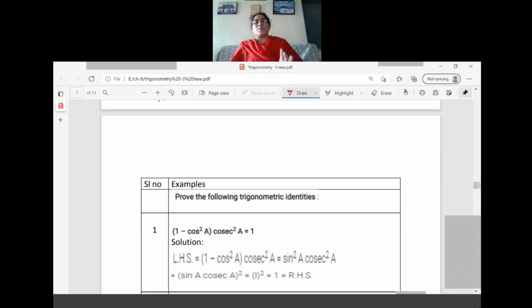We have to prove. When we prove, either you can start with LHS and reach RHS, right? Or you can start with RHS and end in LHS. Sometimes what will happen, LHS you will reach halfway, midway only. Further you are unable to continue. That time RHS also you have to start and bring to LHS only. So in that case you should write LHS equal to RHS. It's a normal concept only, nothing to worry about.